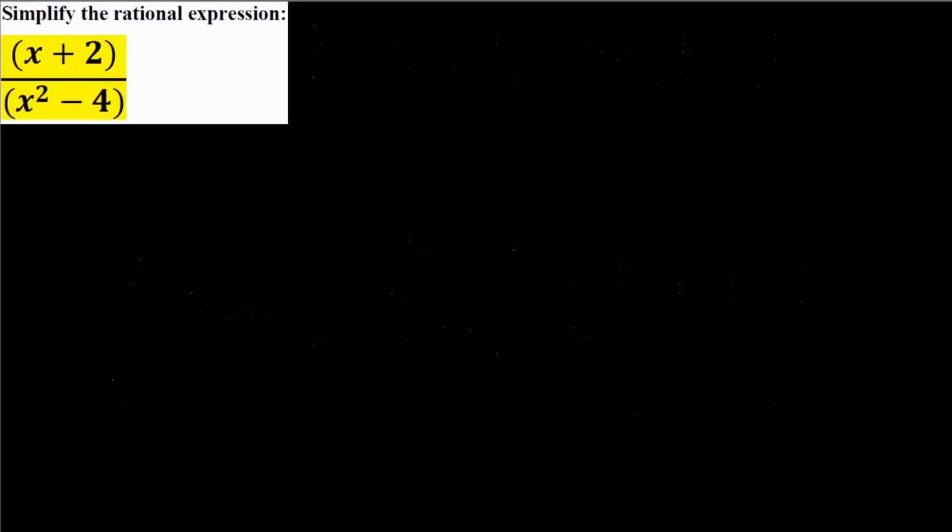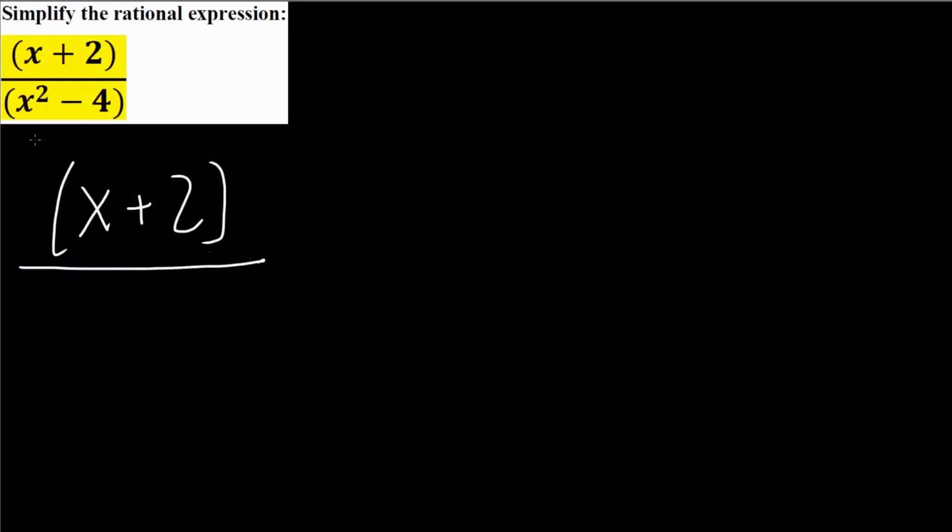The next problem we have is we want to simplify this rational expression. And typically when we simplify rational expressions, we try to factor. We can't factor the numerator, but we'll try to factor the denominator. So we would get x plus 2 divided by, now we'll try to factor this. This is something with time you'll be able to figure out, kind of immediately, but we would get x plus 2,